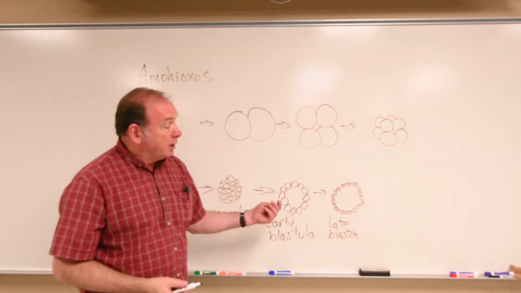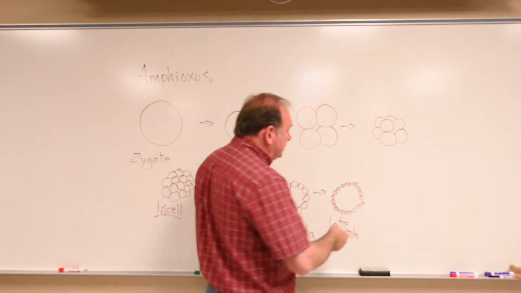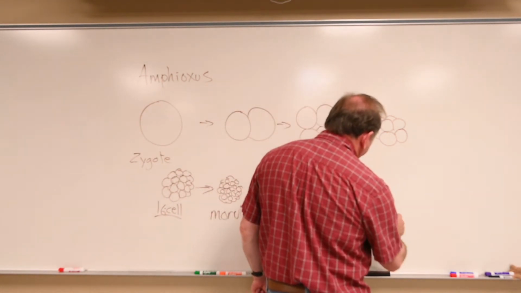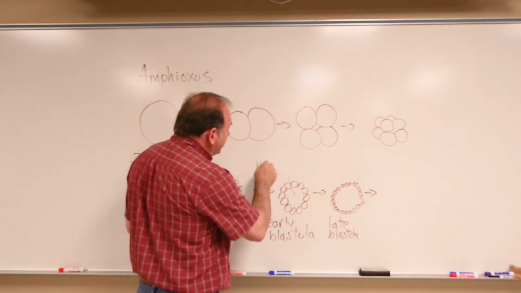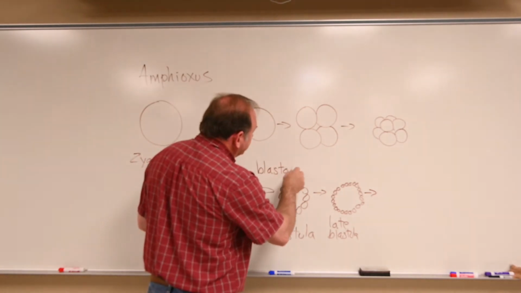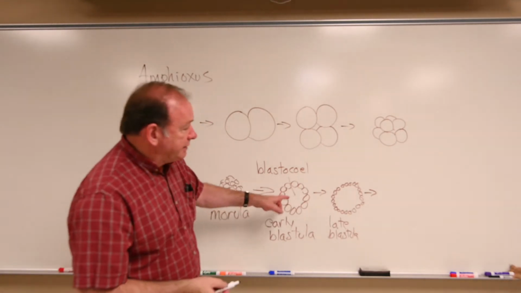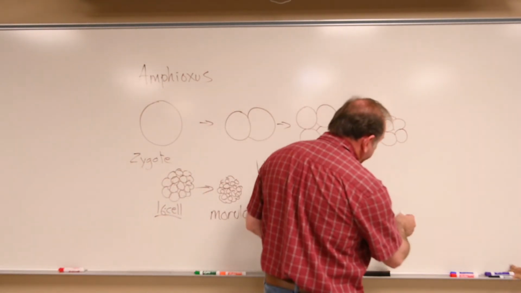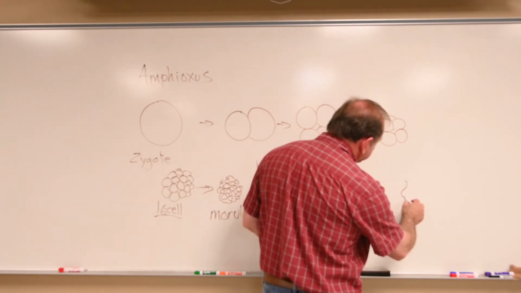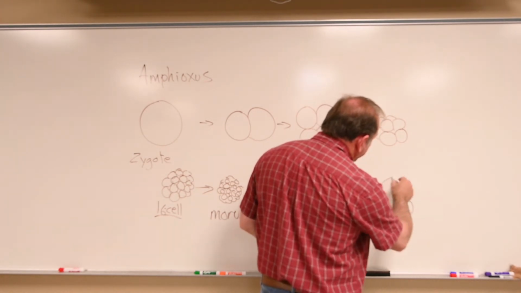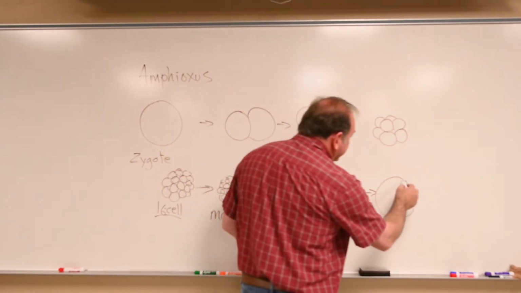And the next event we're going to see here is a caving in of one end of that blastula. By the way, this cavity on the inside is referred to as a blastocele. And as long as it persists, that's the name that will be applied to it there. So this structure caves in on one side, and this end here